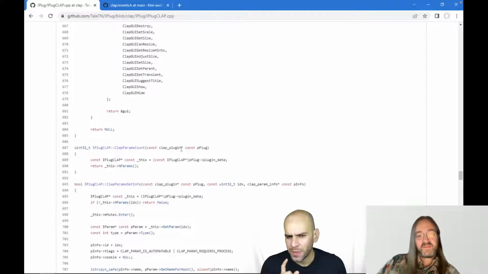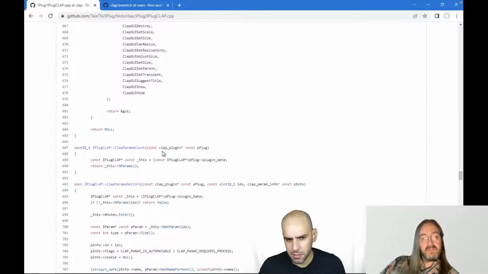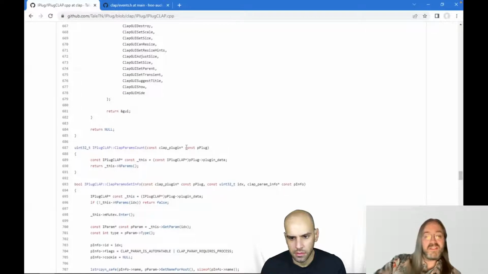So what's the difference in this context between a constant pointer and what we would call a reference in C++? This last constant makes it kind of like a reference, because a reference is also something that you cannot change. You can change the thing it points to, but you cannot change the reference itself.